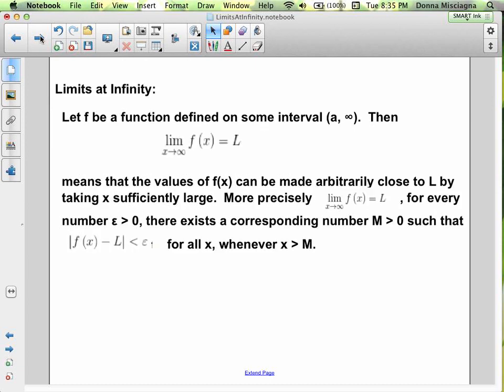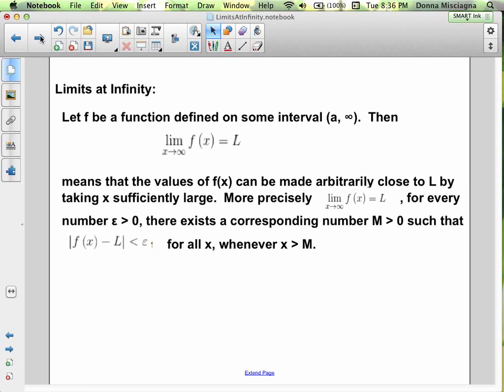And of course I can do another proof for you in class. But we're looking at limits at infinity, so let f be a function defined on some interval from a to infinity. Then the limit of f of x as x approaches infinity is equal to L means that the values of f of x can be made arbitrarily close to L by taking x sufficiently large. More precisely, the limit of f of x as x approaches infinity equals L if for every number epsilon greater than 0,